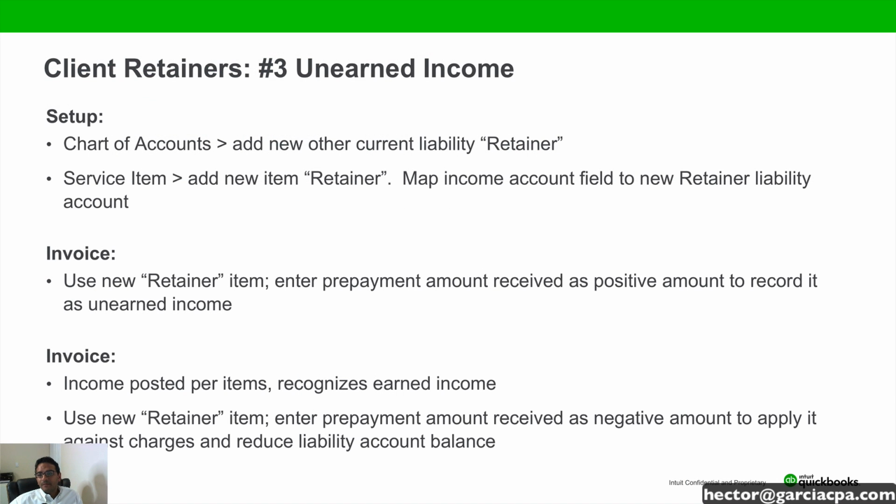Let's move on to the third method, which is my favorite method, although it's got a lot more work involved to it. But it is my favorite in terms of setting up the correct accounting process. Anyway, most accountants would actually prefer this method because it represents the information much better. First step is you have to create a new other current liability account in your chart of accounts called retainer